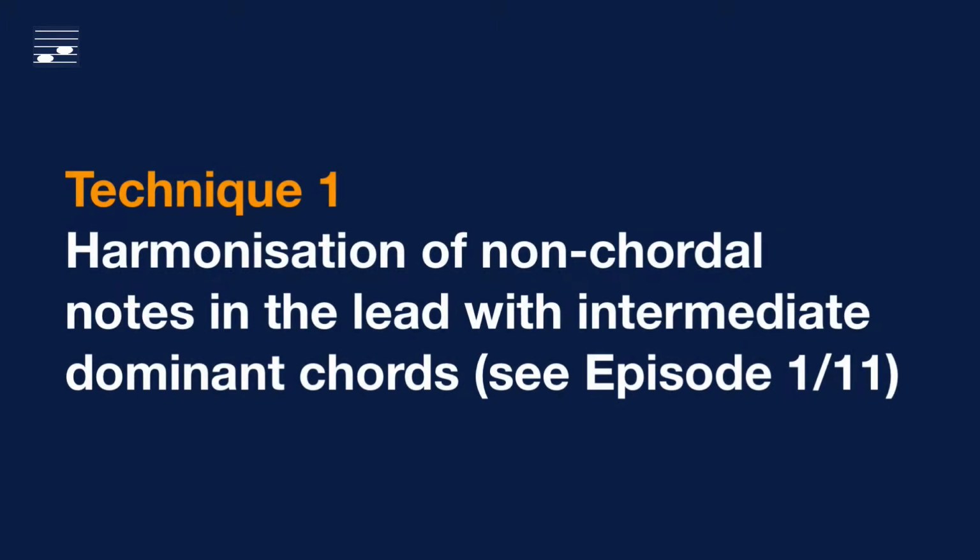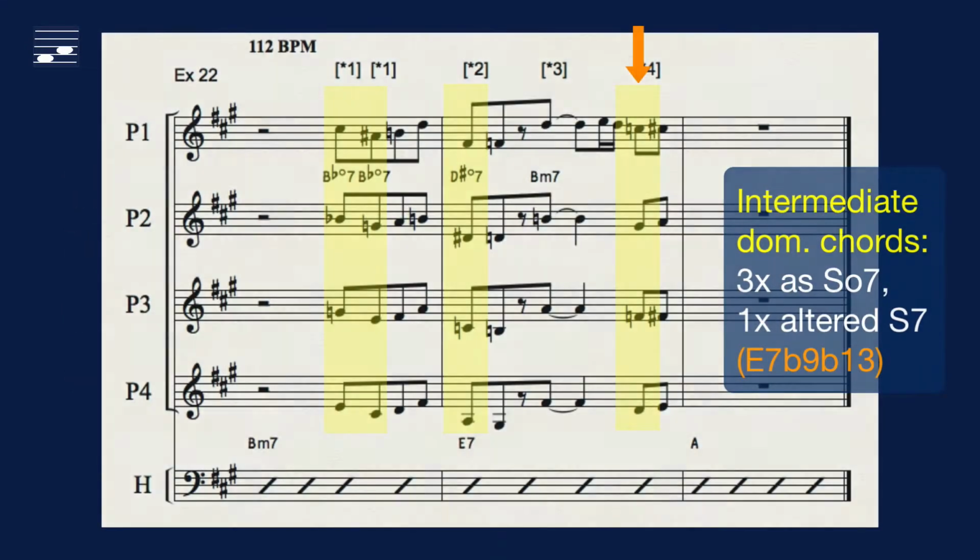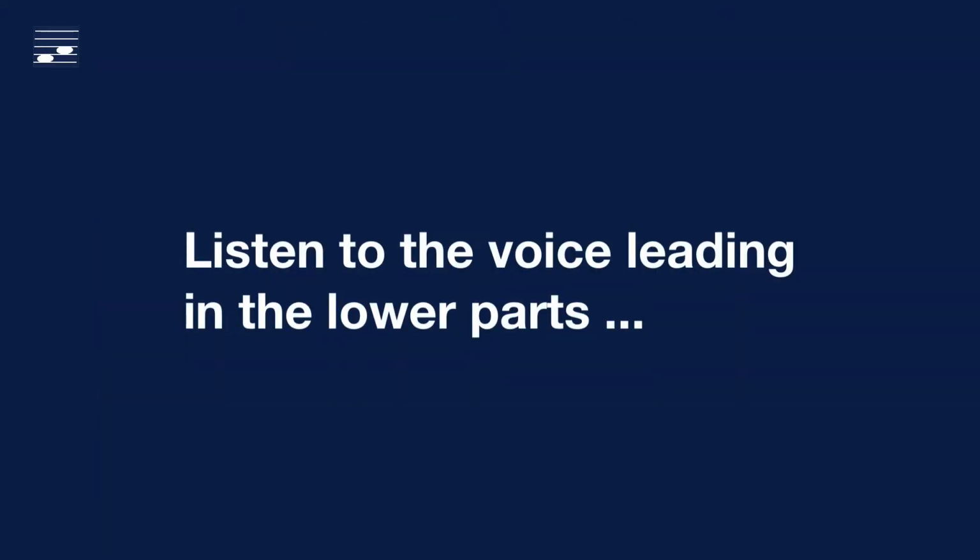Harmonization with intermediate dominant chords was discussed in episode 1 from this series. Here we use 3 dominant 7th chords and 1 extended altered dominant chord for handling the non-chordal notes. The lower parts in this close position voicing solution are